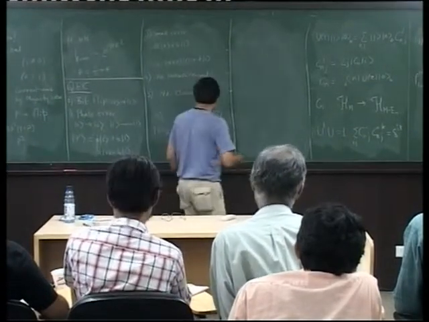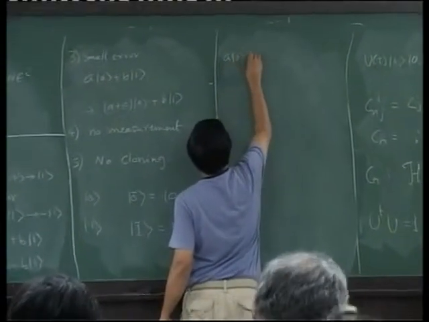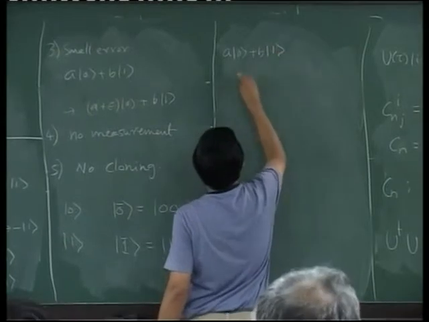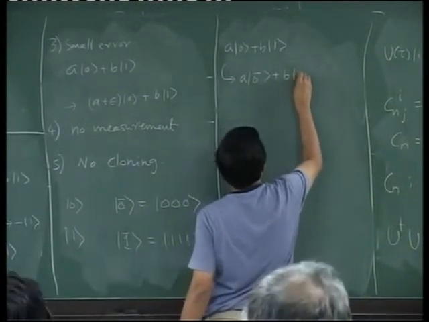So what is the meaning of this? By this I mean that if you want to write down a state A0 plus B1, you replace that by A0 bar plus B1 bar, okay, which is